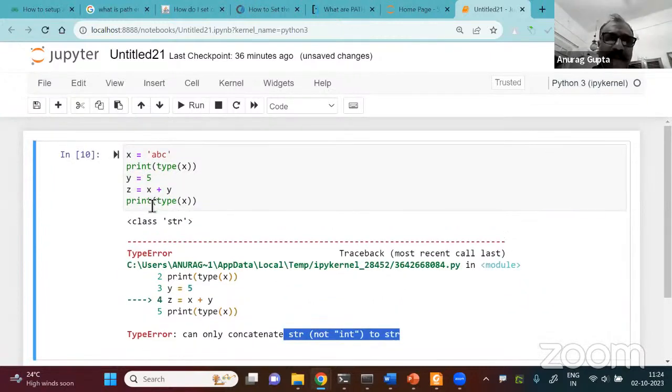But these kinds of problems are very difficult to detect in a language like Python, but they're very easy to detect in a language like C++ and Java. Therefore, we always say that languages like,